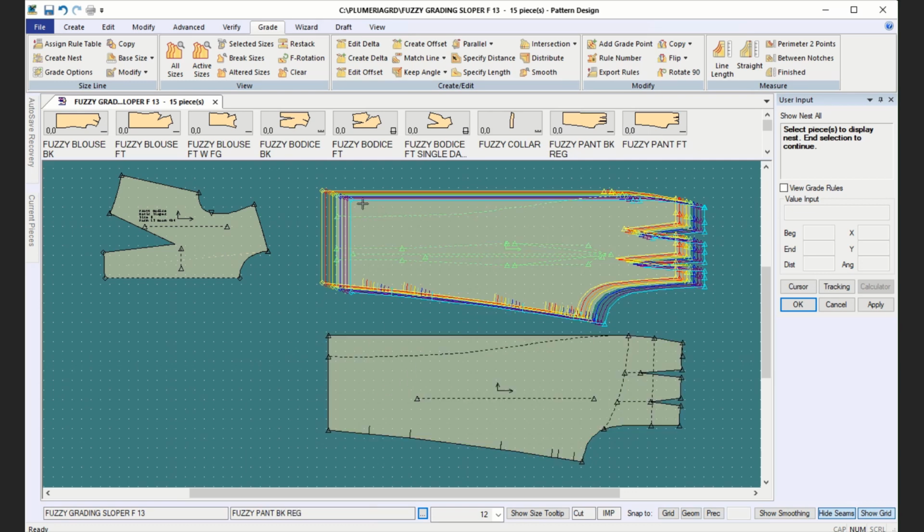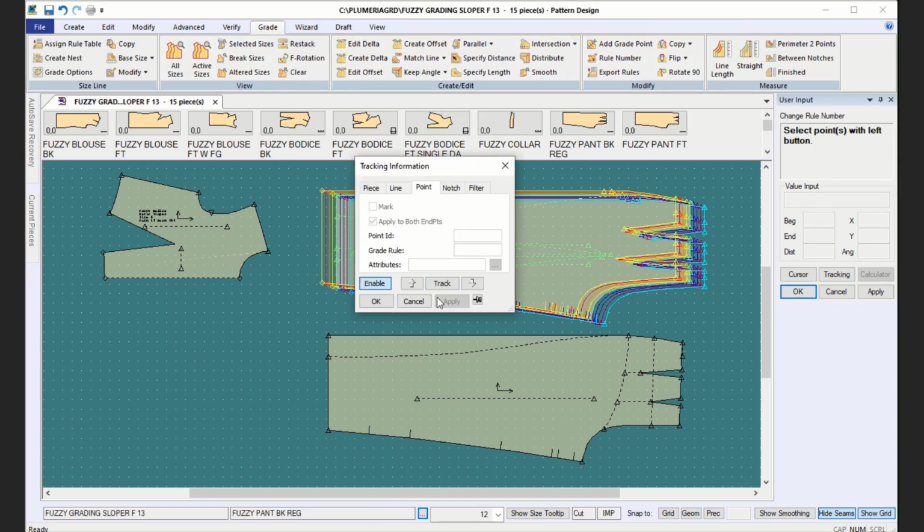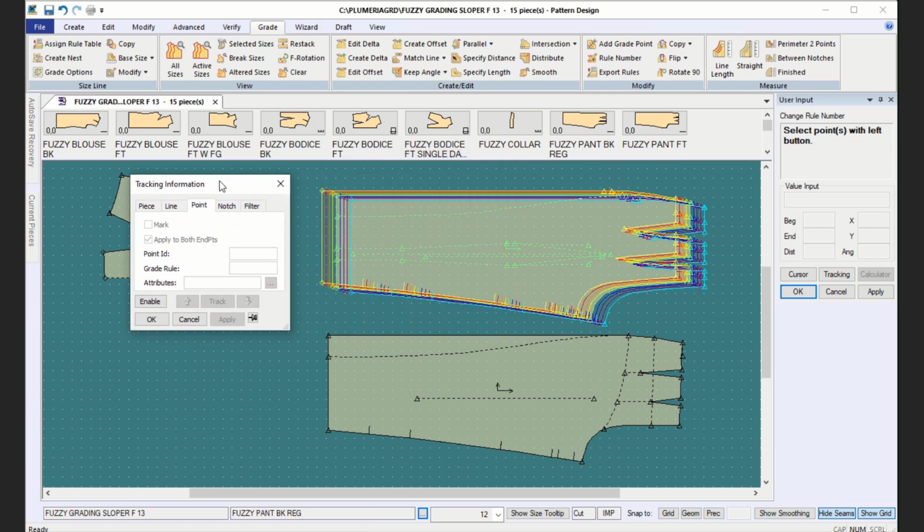So staying in grading, but you at least can tell that the rule table has been assigned. And I'm going to come over here to modify the rule number and choose enable, and I'm going to just move this out of the way, and when I choose the point, I want that to be grade rule 26,